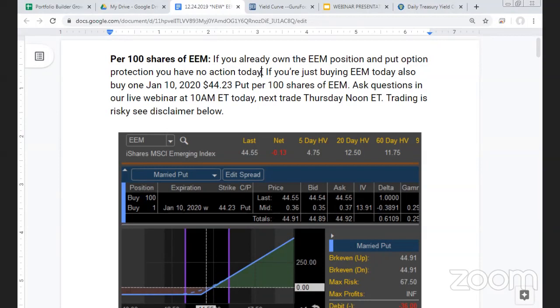The basic strategy is to buy the asset and put the put option in immediately. That put option will immediately create the maximum loss we can have in the position. And then our goal is to generate more profit on the underlying asset over the period versus the cost of